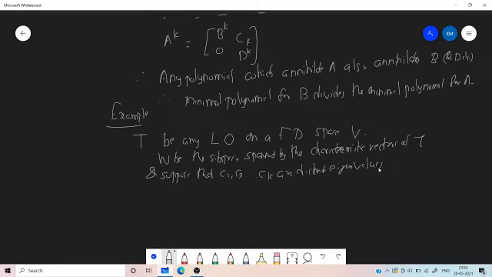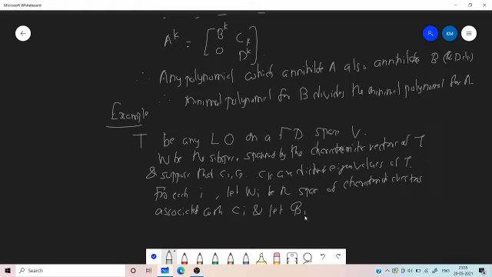And for each i let Wi be the space of characteristic vectors associated with the characteristic value Ci, and let beta i be an ordered basis for Wi. Then